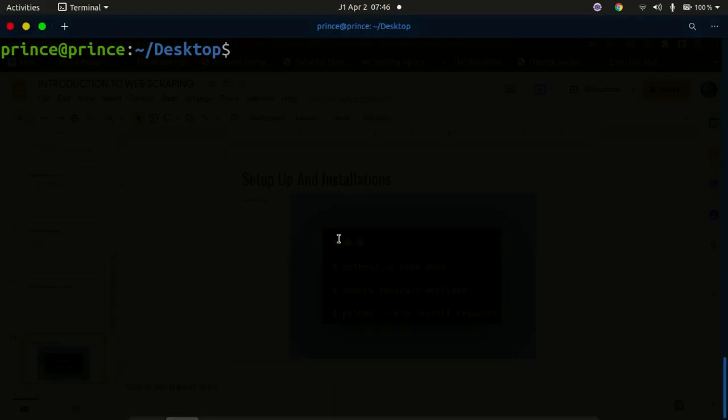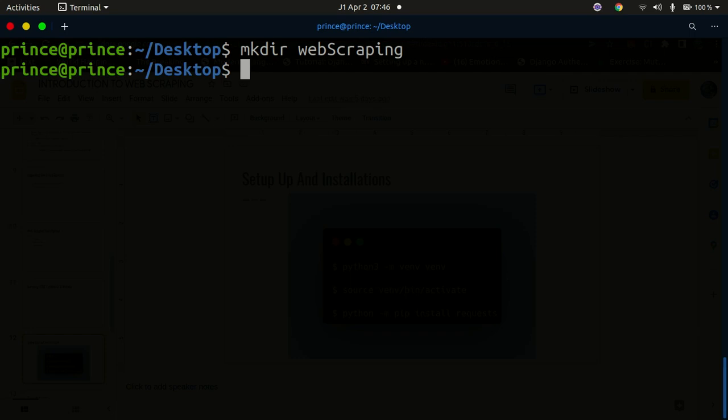So once I have my terminal opened up right here, I'm simply going to create a directory. I'm going to call it web scraping, and I'm going to change my directory into my web scraping directory, and into this directory we're going to create